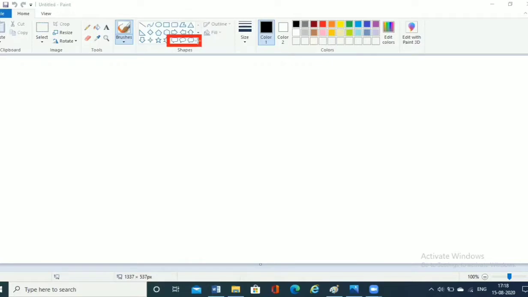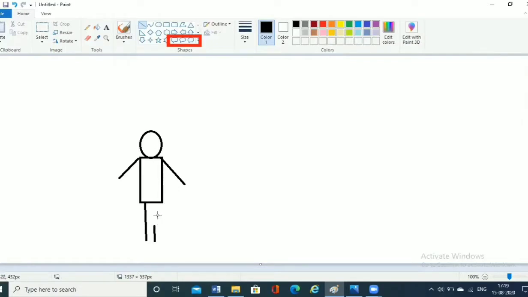So if, for example, you are making a cartoon or a person, for example, I'm making a man here. Just give me a second. Okay. Using the different shapes, I'm making a man here. So this was the oval shape. This is the rectangle shape. Then I'll be using a straight line. So these are the shapes with the help of which I am making a person here, a man here.